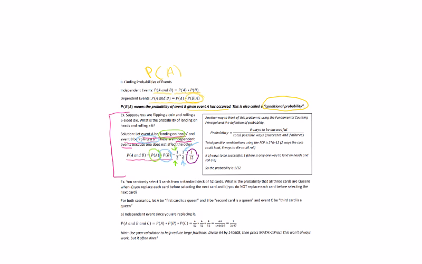Now, the other way that you can think about doing this is to think about the fact that probability is the number of ways to be successful over the total possible ways, successes and failures. So if we think about the total possible combinations of flipping a coin and rolling a die, we have 2 ways the coin could land, 6 ways the die could roll, and so 2 times 6 is 12. Just like we did the example yesterday about the sweaters and the jeans and the boots, we multiply the 3 sweaters by the 2 jeans and the 2 boots. 3 times 2 times 2